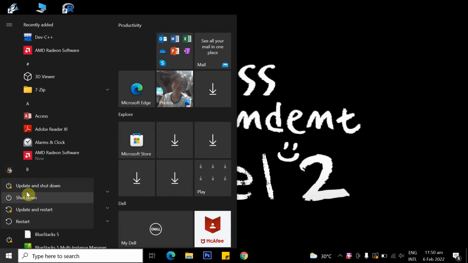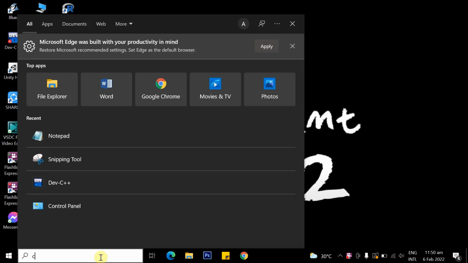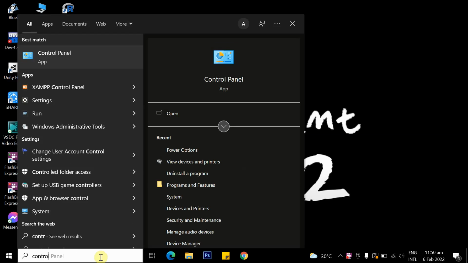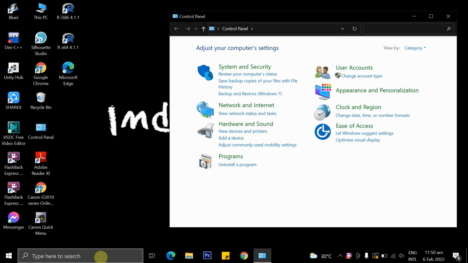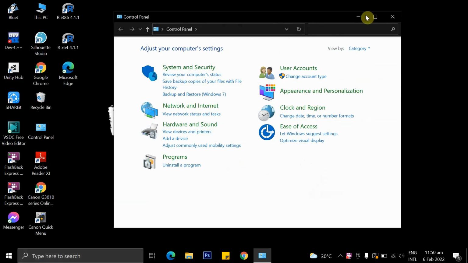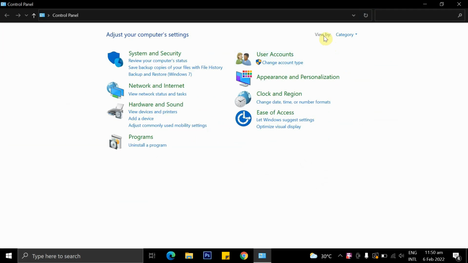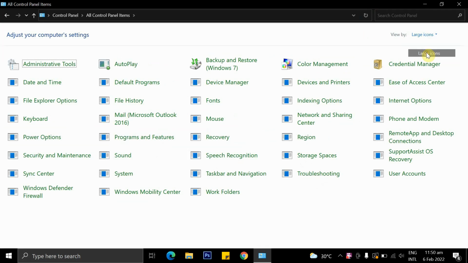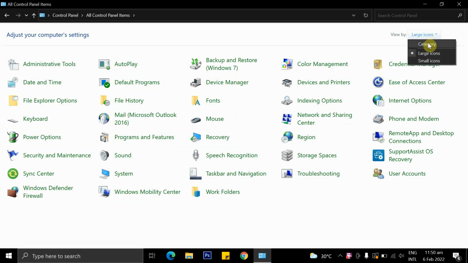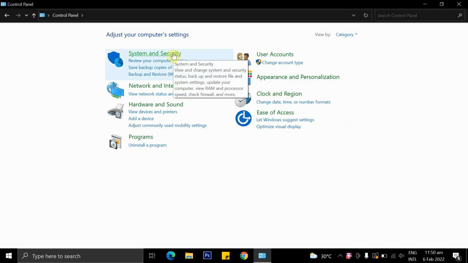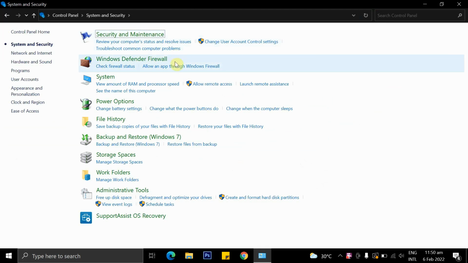So to bring back the hibernate option, I'll just go to Control Panel and then make sure that we are viewing by category, not small or large icons. Make sure that it is in category. So just click System and Security,